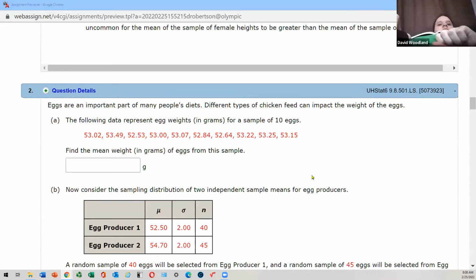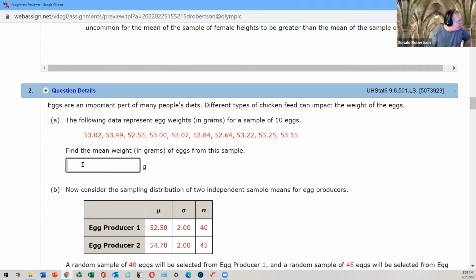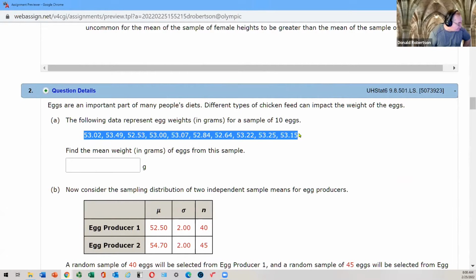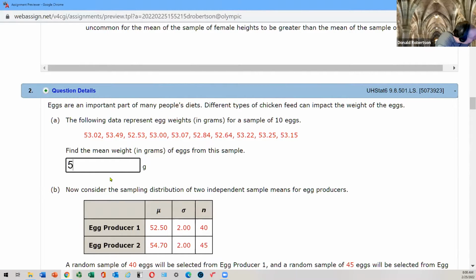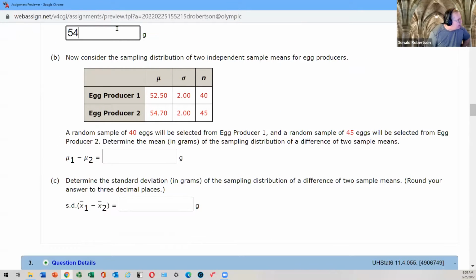Now, in question 2, here is a set of data, and we're being asked to find what the mean weight is. And that question I'm not going to do, but won't you just add them all up and divide by 10? And let's pretend I knew what the answer is, and let's say it was 54. Right. Now, in this one here, you've got 2 means. What's the difference between them? Well, it's that number,